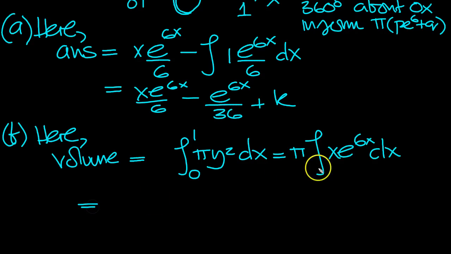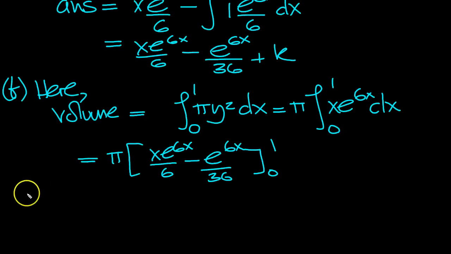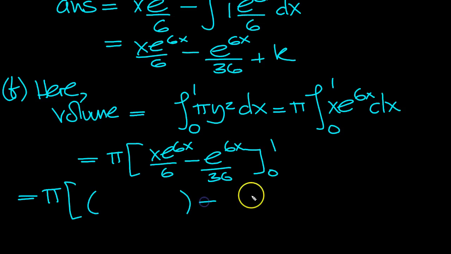So now we can just say the volume between 0 and 1, pi. And it's this integral here, isn't it? X e to the 6x over 6 minus e to the 6x over 36. And evaluate that between 0 and 1. So that's equal to top value, take bottom value,